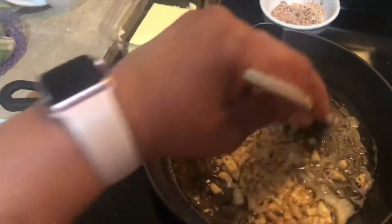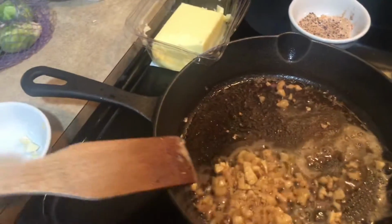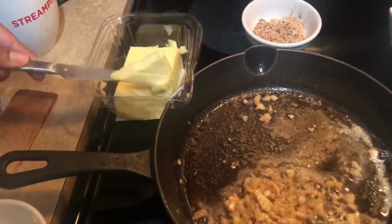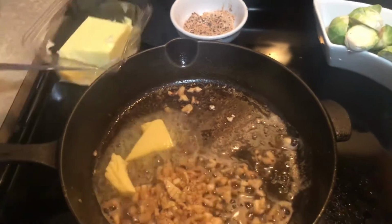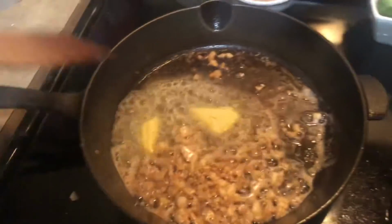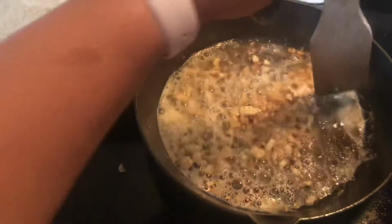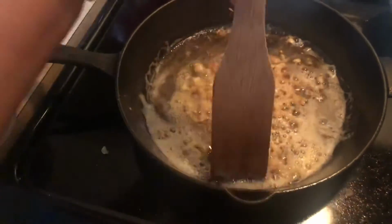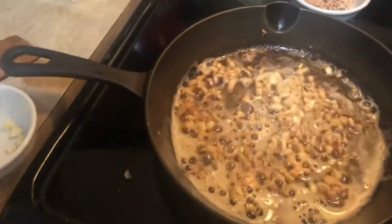Alright, so stirring it up. And you're just getting a little bit toasted because this again is going in the oven, so that's where you want the rest of it to cook. And guess what? I just realized I'm going to add some more butter, a little bit more. And then I realize I'm melting it. Genius at work here, guys. So be careful with the heat of the cast iron because as you see, my garlic started to brown super quick. Again, this video only took me about 7 minutes to make, so if you're looking for a timestamp, then you know. So get my garlic in there, get it nice and a little bit toasty,